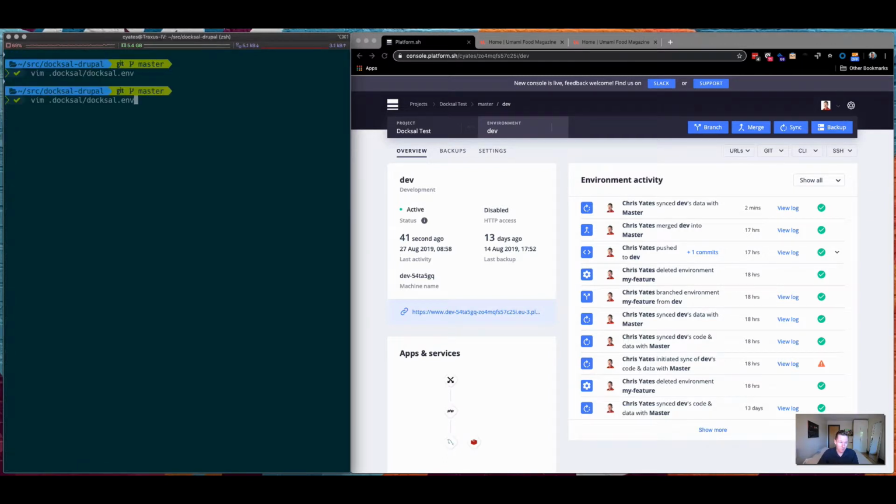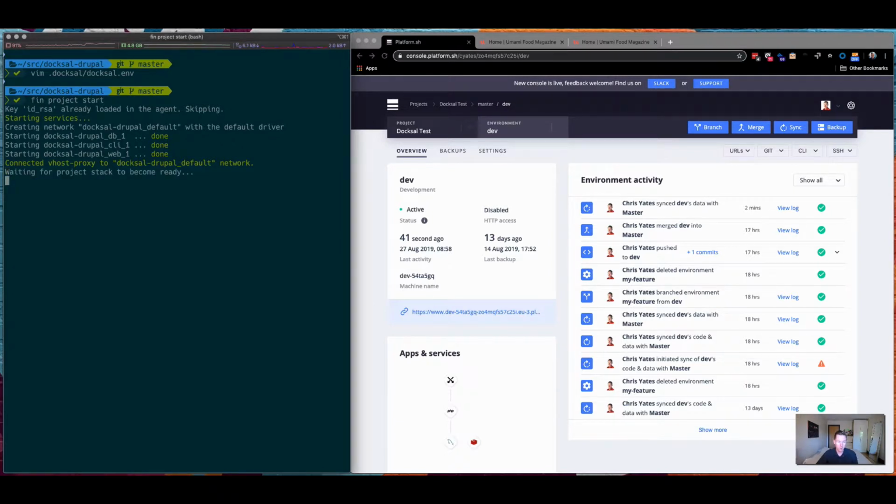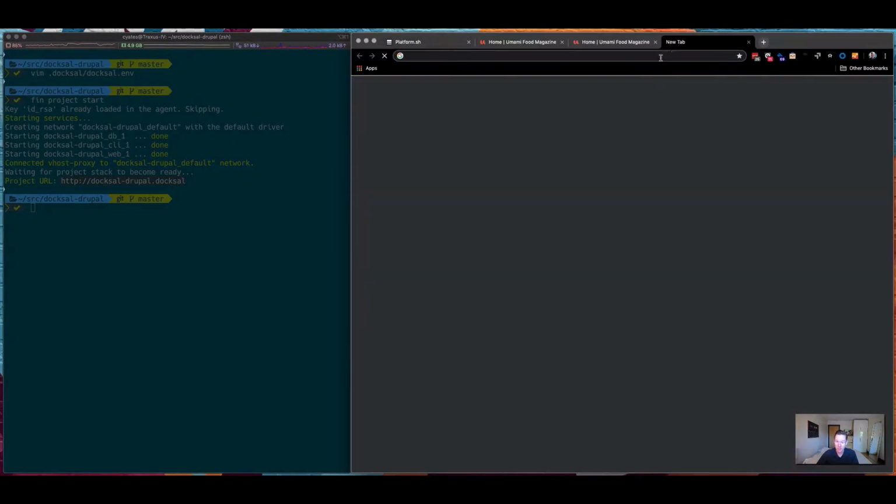Okay, so what I'm going to do is just start Docksal. So this is going to spin up the containers. Because I've done this before, it's already downloaded all of the dependencies, etc., that I needed to run. So it's downloaded and configured MariaDB. It's downloaded and configured PHP, and basically now it's going to set up a local version of that, a number of containers running in Docker, and then it's going to generate a project URL for me. So this Docksal-Drupal. So if I copy that and go over and create a new tab,